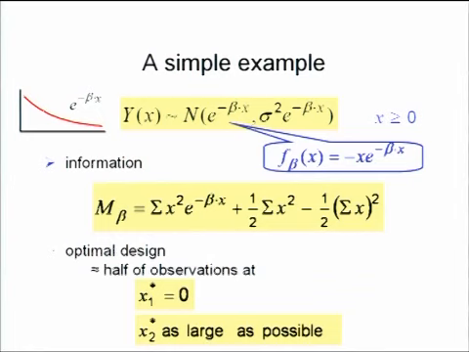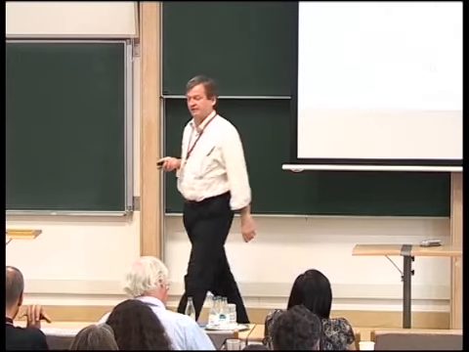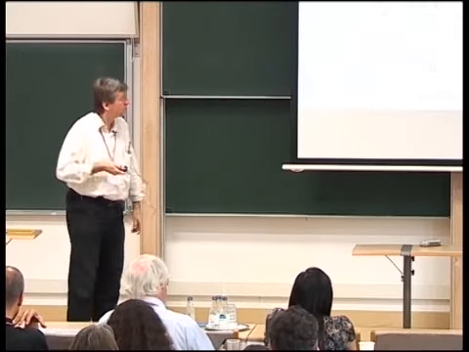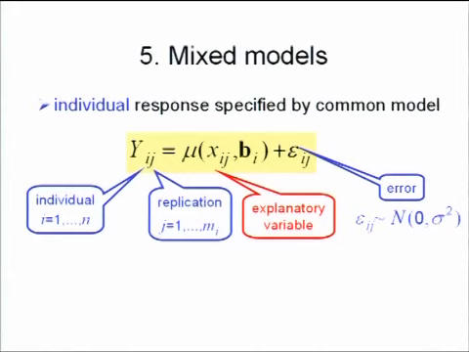Essentially, you should take half of the observation at 0. You don't get any information about the location parameter, and you should take the other half as large as possible. Well, at least a theoretically interesting result. Okay, so this is some problems which occur with nonlinearity, and we will have even more problems if we have